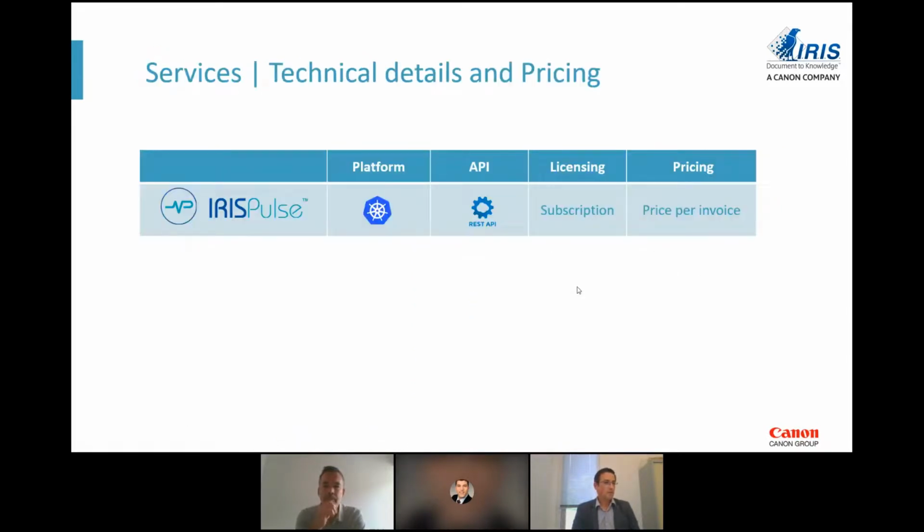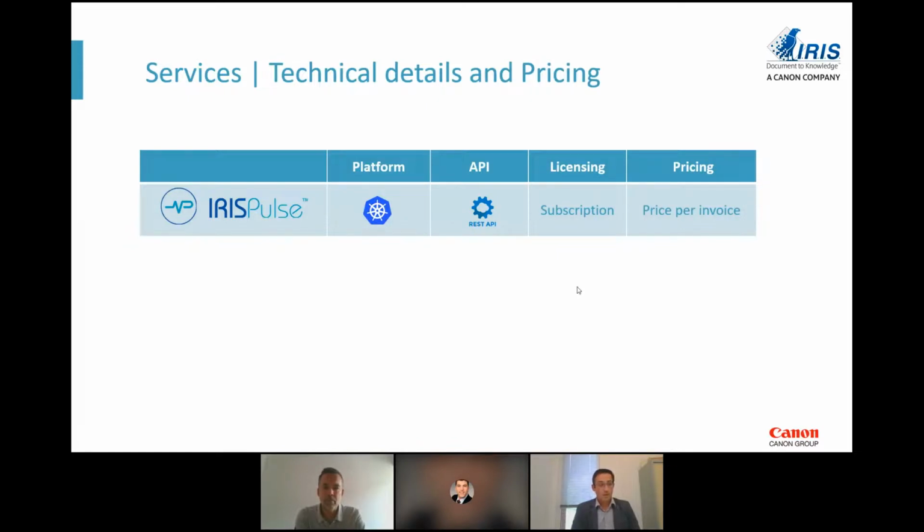This is the same slide where I summarize how it is available. The platform is in fact a Docker using Kubernetes technology, so we are platform independent. It can be Azure, AWS, or Google Cloud, name it. I think we currently have it on Azure, but it can run on any cloud platform.